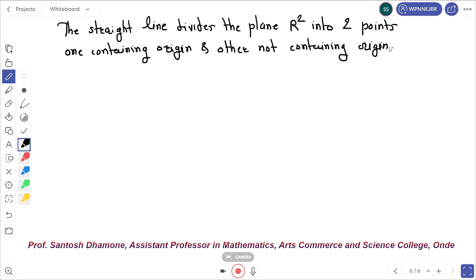Okay, our straight line divides the plane R2 into 2 parts. One is below the line which contains the origin and the other is the upper side which does not contain the origin. Substituting x1 equal to 0, x2 equal to 0 in x1 plus x2 less than 4, we get